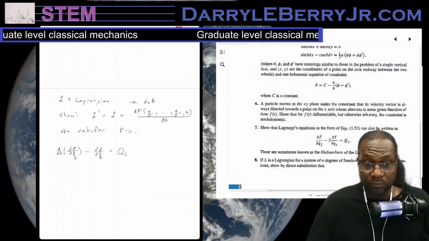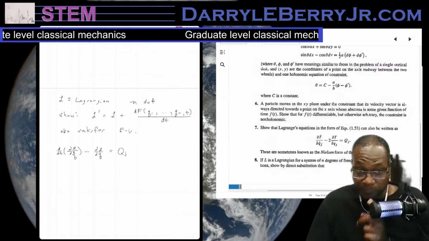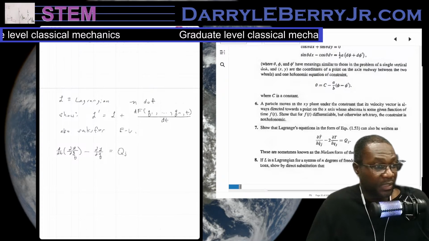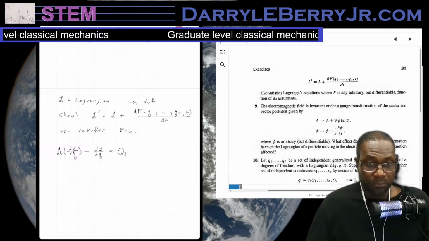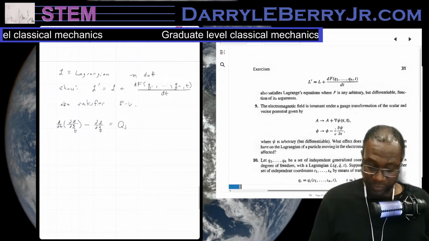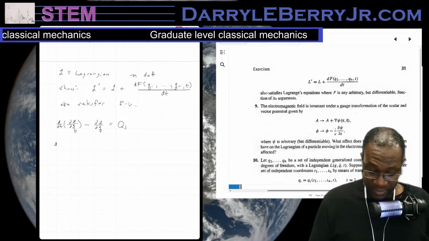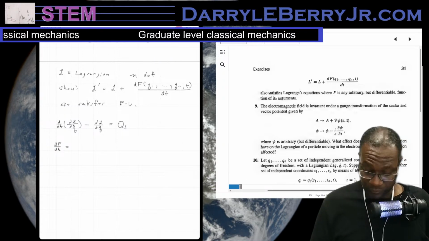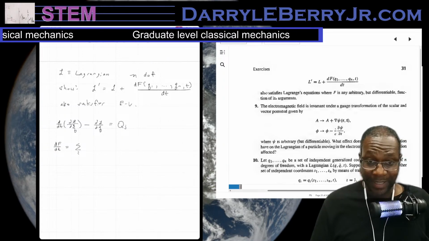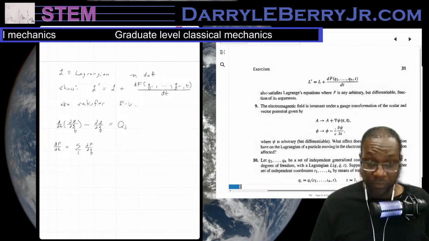And F is a differentiable function. So the first thing she did was make F differentiable. So dF over dt equals the sum over i of partial F over partial q